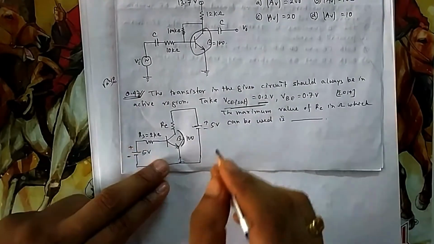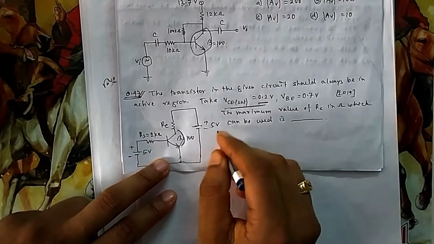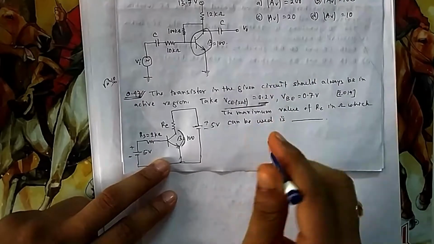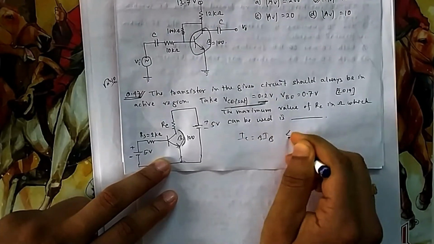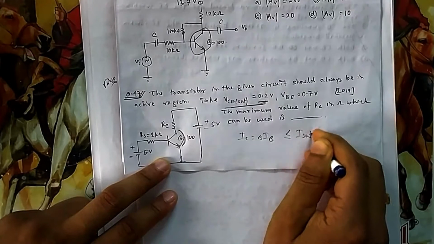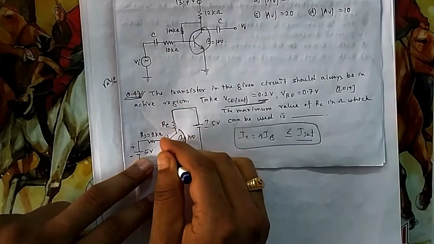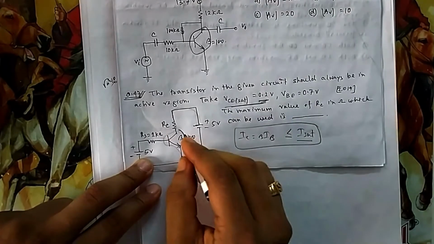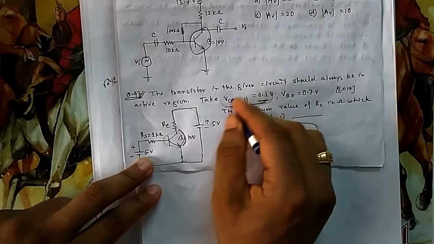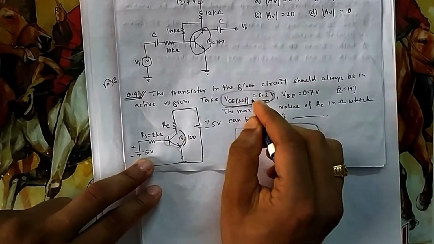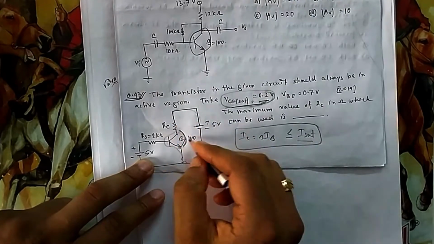And you always think that whatever IC current you calculate in active region, because saturation is the maximum limit, whatever you calculate, IC, that is beta into IB, is always less than or equal to I saturation. So we will be using this one. We could have used this one, taking a KVL along this path, that should be greater than. But because they have given this data, we need to use this, so we will go this way.